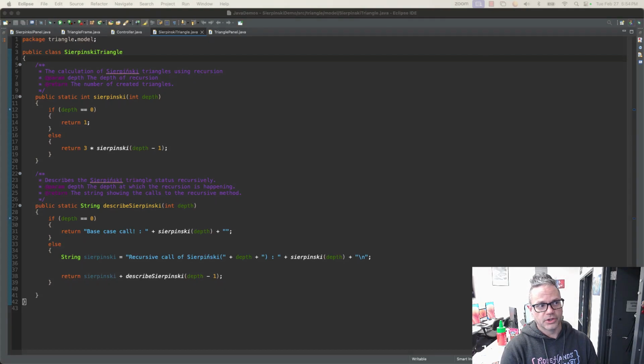Welcome. Today we want to take a look at how we can use recursion to explore the concepts of Sierpinski's triangle, as well as how we can see actually what's going on with that. So I wanted to explore the concept of recursion and use recursion to explain itself. I have my public class SierpinskiTriangle right here, which is the model package that I'm working with